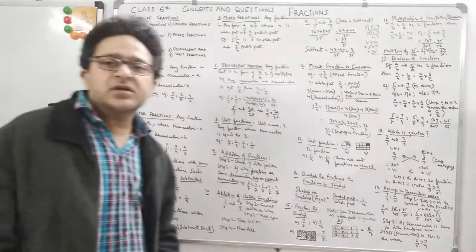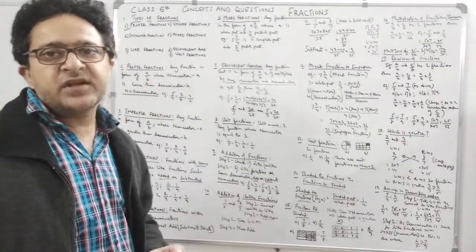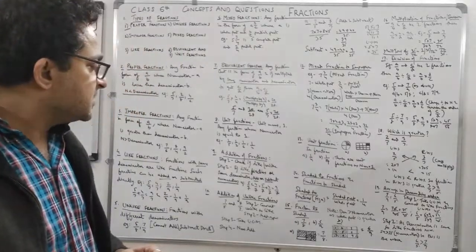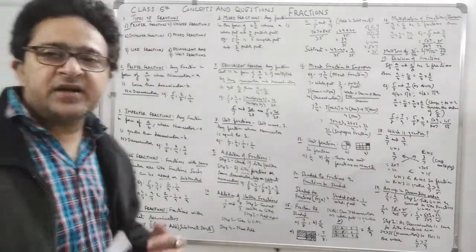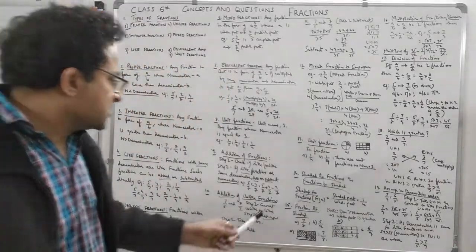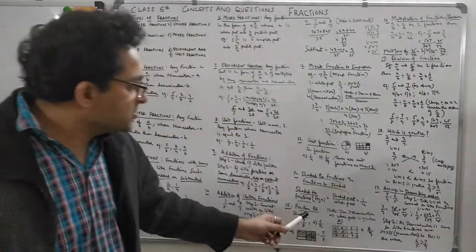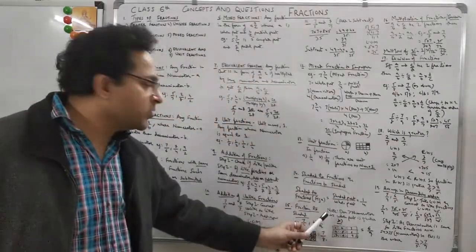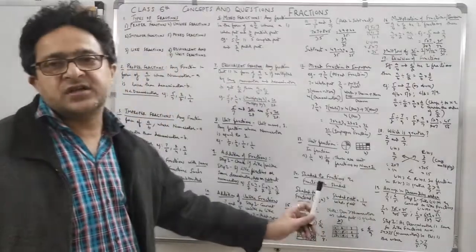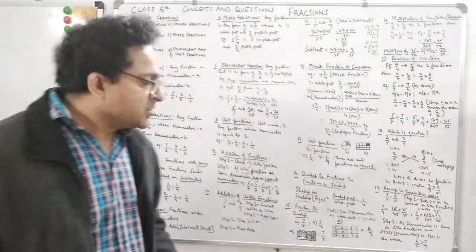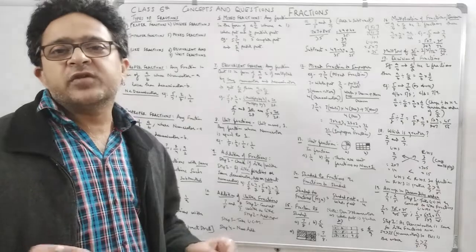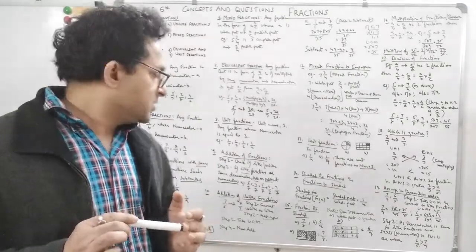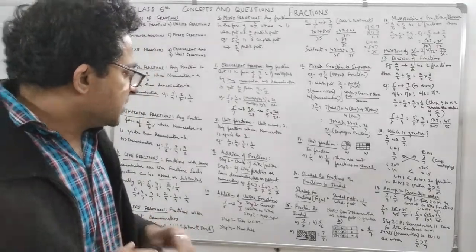So this is how you will do the questions wherein shading will be given to you and you have to represent it in fractions. Now if you are given a fraction and you have to make a diagram, note the denominator is always greater than the numerator, as the whole part is always greater. So in such questions the denominator is always greater because the whole part will always be greater and the shaded part is a small part of the whole part. Okay, let's see now further how.